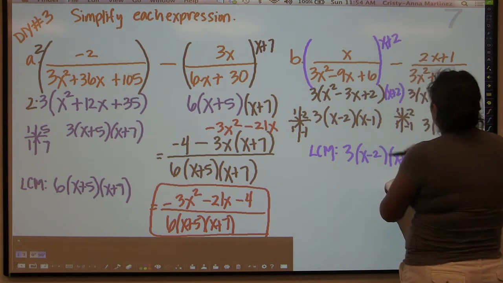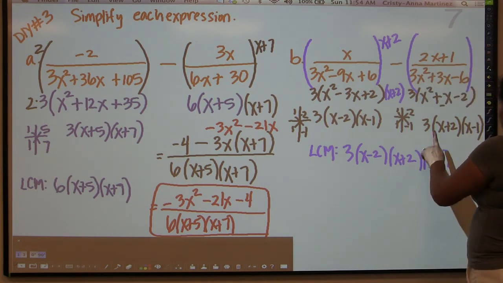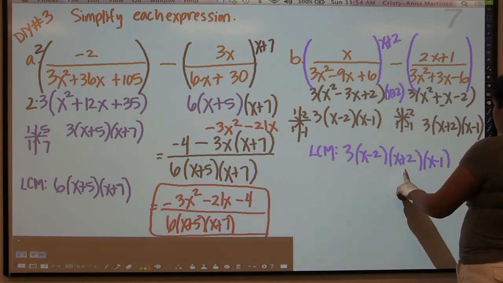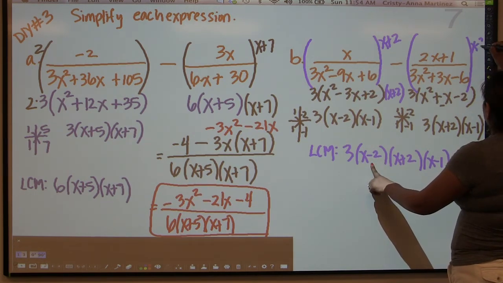x plus 2. The second equation already has the 3, the x plus 2, and the x minus 1, so it just needs an x minus 2. So x minus 2,